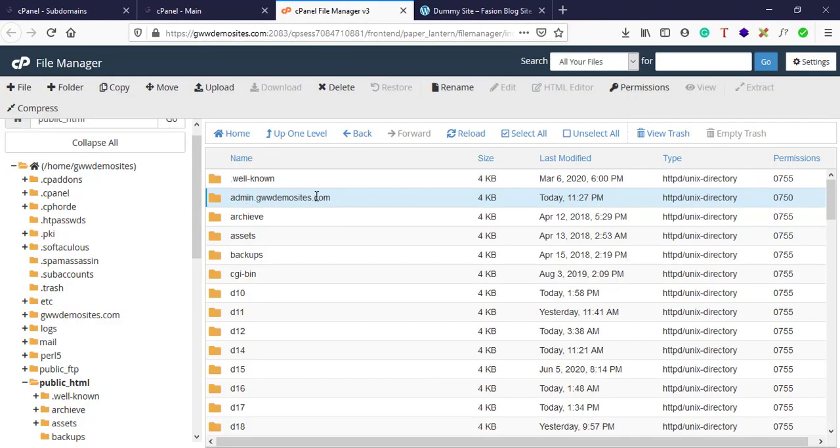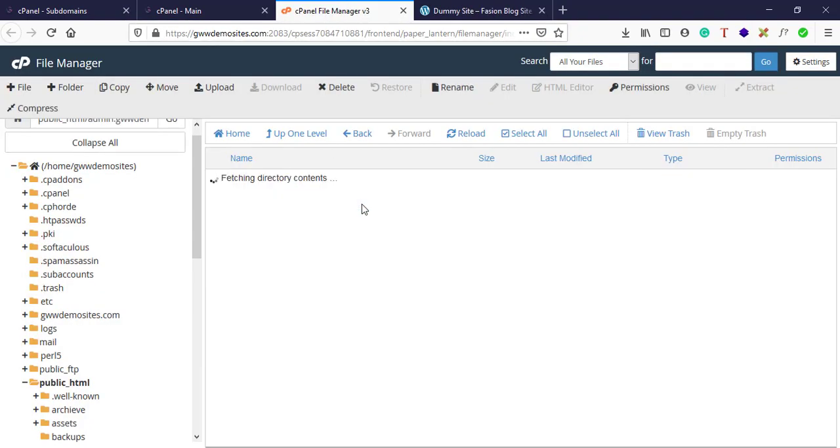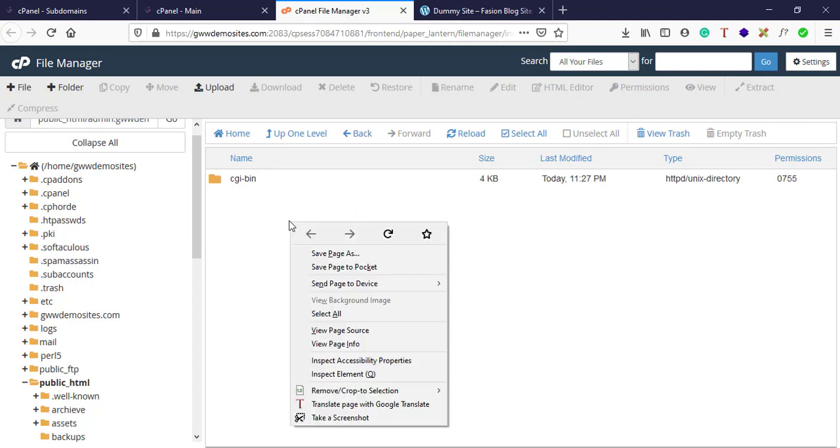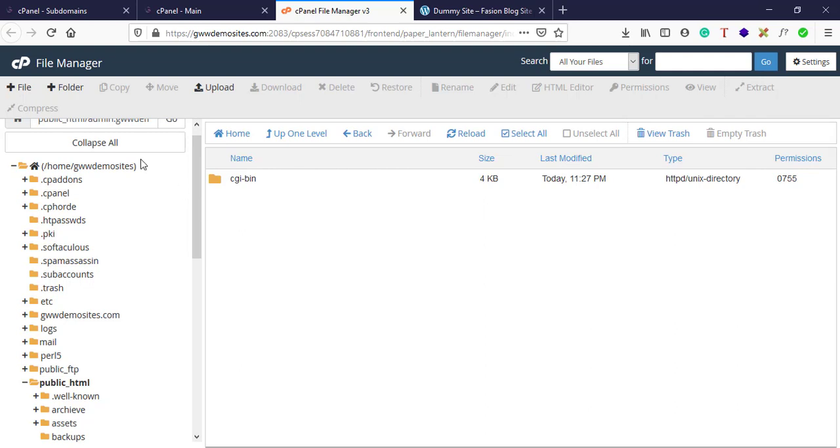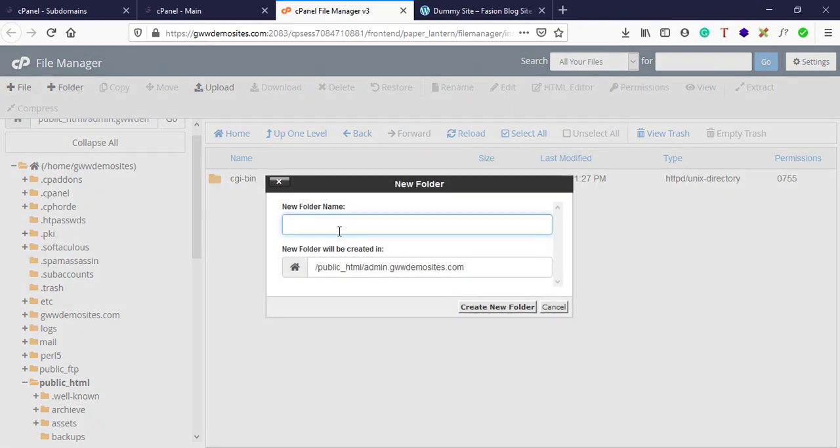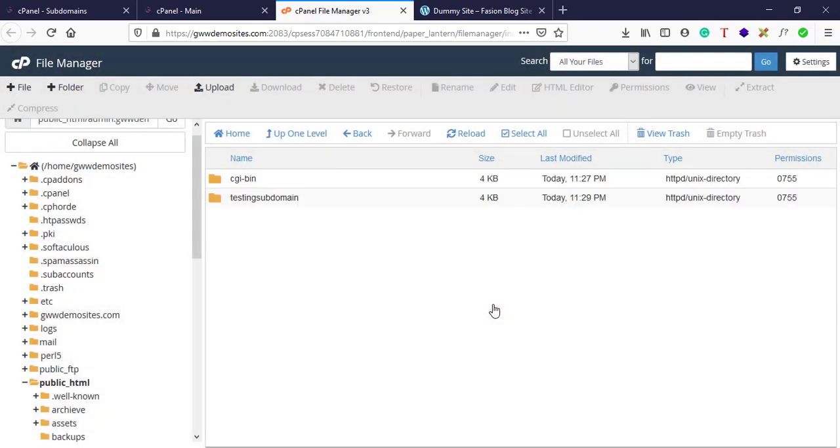Before that, let's open this folder and create a new folder called testing subdomain created.